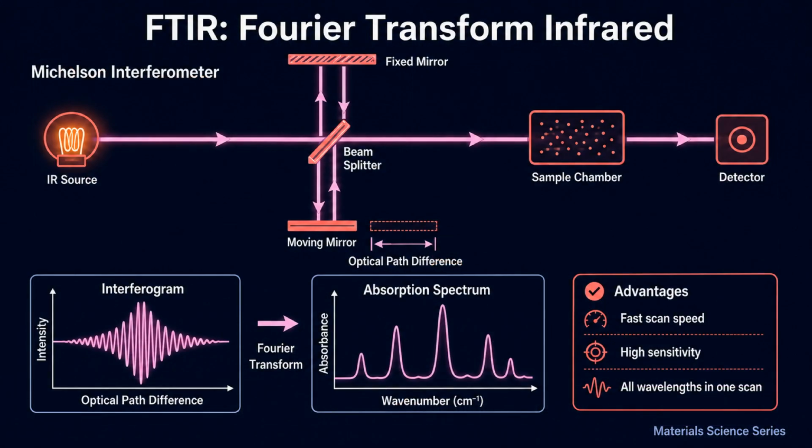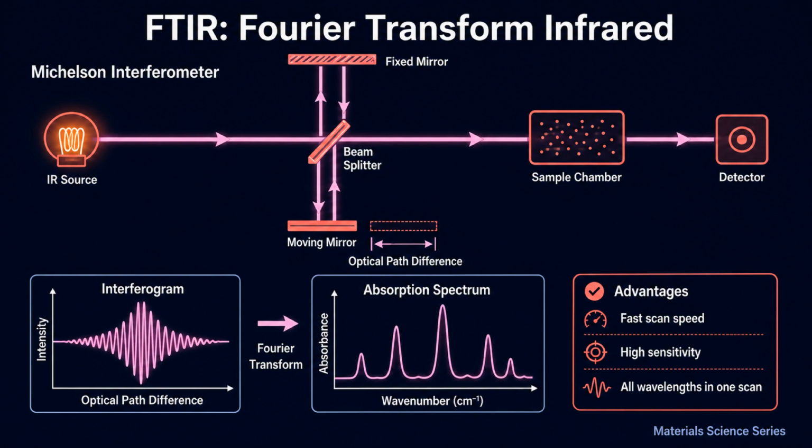FTIR spectrometers use a Michelson interferometer rather than a dispersive monochromator. The beam splitter divides light between fixed and moving mirrors. Recombined light creates an interference pattern called an interferogram. Mathematical Fourier transformation converts this path difference signal into a wave number domain spectrum. FTIR offers major advantages. All wavelengths are measured simultaneously for faster scans, better signal-to-noise ratio through signal averaging, and higher